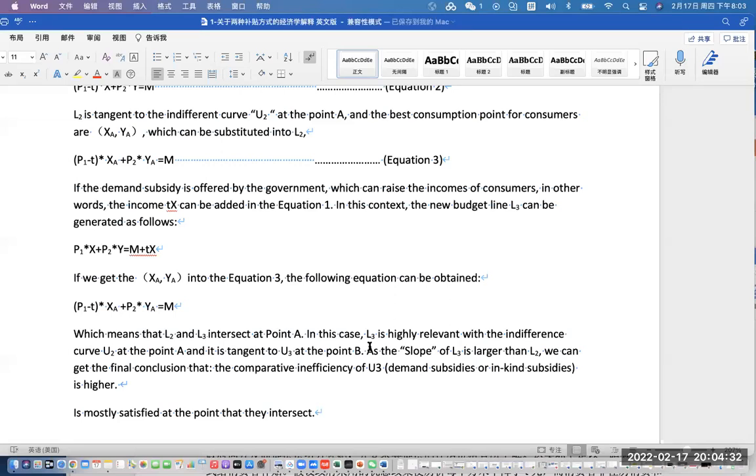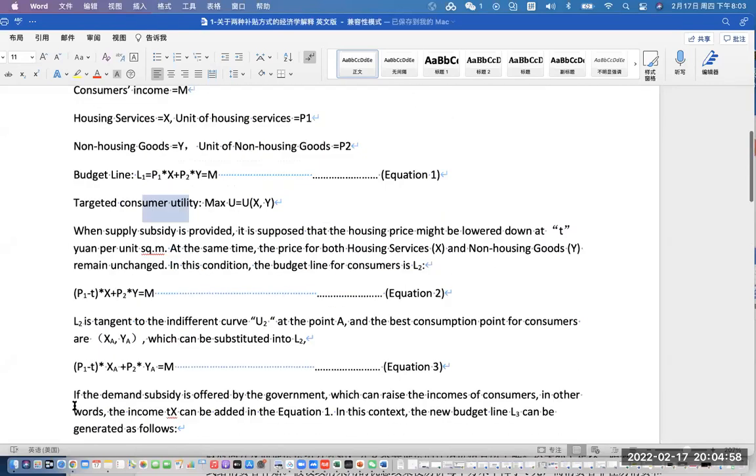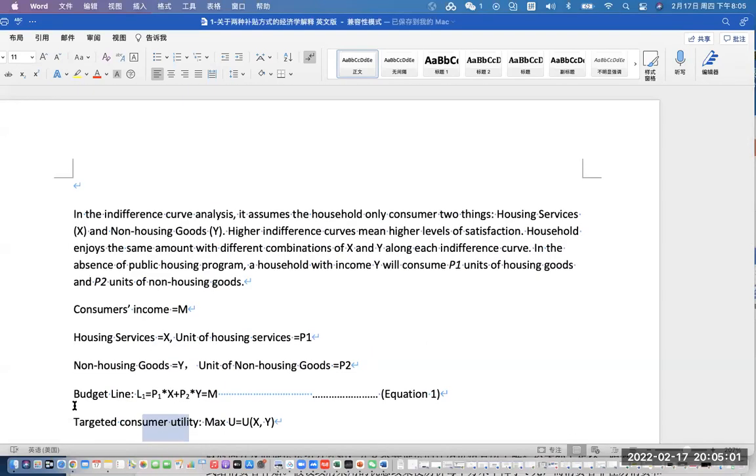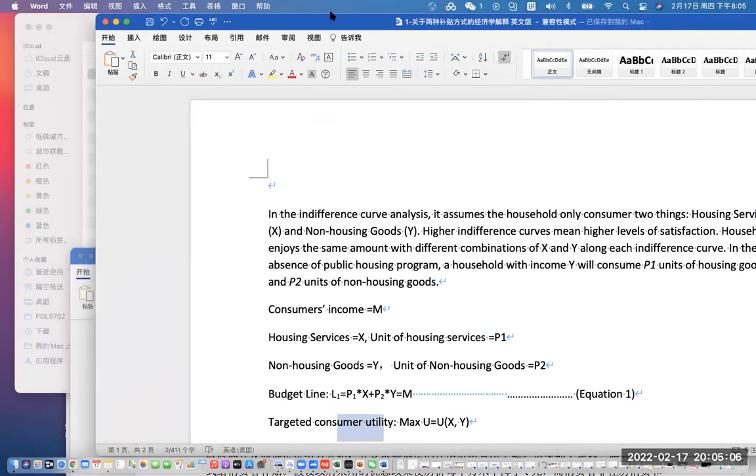So as the slope of L3 is larger than L2, the slope judges the utility's degree, and we can get the final conclusion that the comparative efficiency of U2, that is demand subsidies or in-kind subsidies, will become higher. And this point will become mostly satisfied at the point where they may intersect. So one can compare the things we mentioned about the importance of that in the PPT slides,